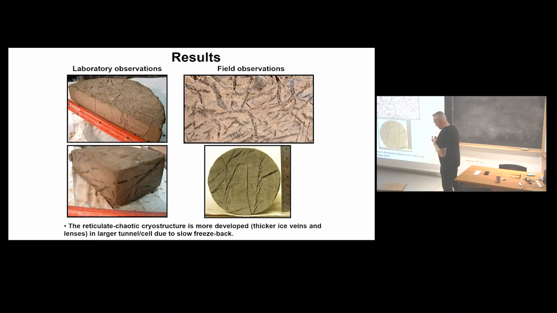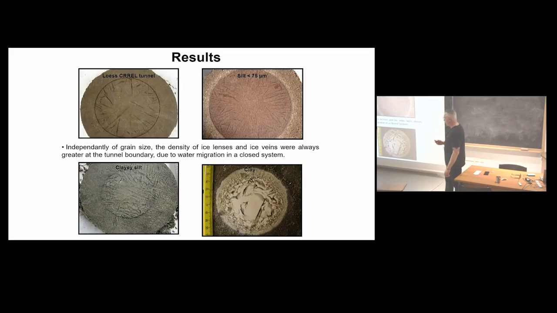And so at different scales, the lab observation in 3D here you can see, and the field observation, pretty much the same thing. So we isolate, and we try with different grain sizes, for instance. We go with some clay silt, so you have the diameter here below 75, and loess is wind-blown silt. So whatever the grain size, we can see what the impact of grain size is on the density, for instance,